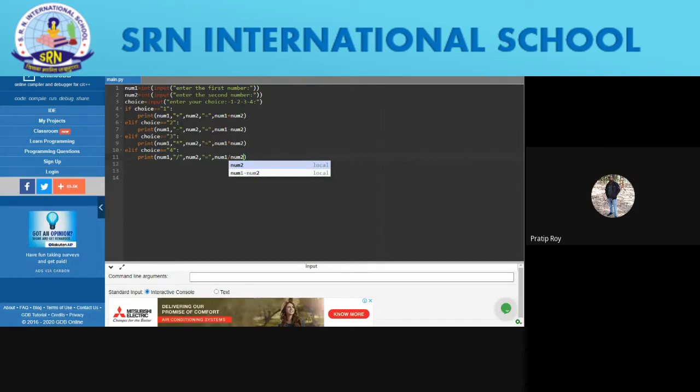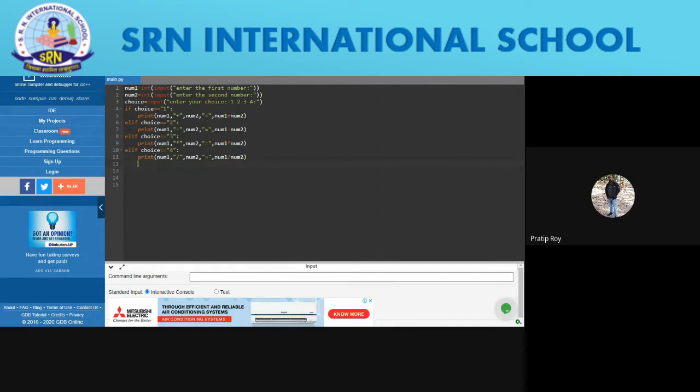Perfect. Now, see, one thing we have to take care of. If we use if in any statement, we have to use else as well. Now, we got all the four conditions. Hardik, you don't have to write anything. Addition, subtraction, multiplication, and division, all the four conditions we got. First one was if, second, third, and fourth was elif. So, what should we write in else?